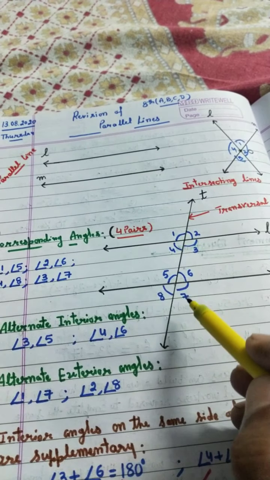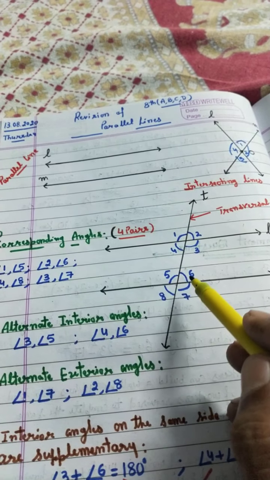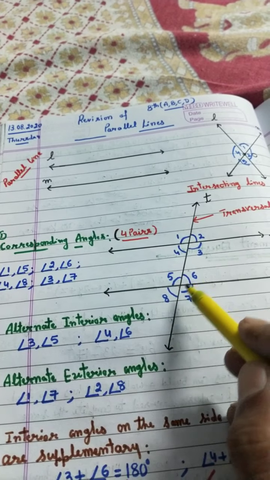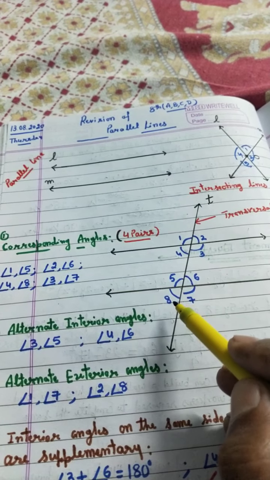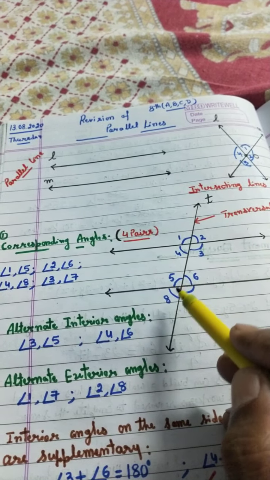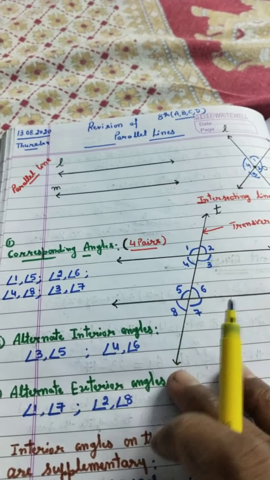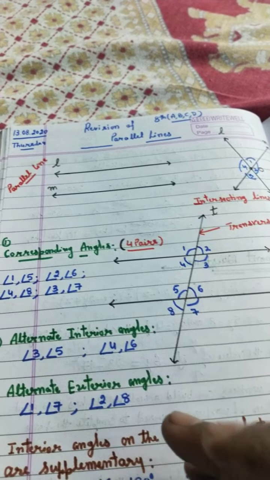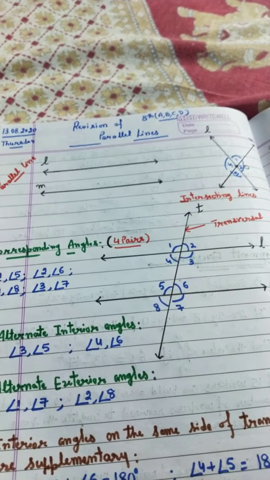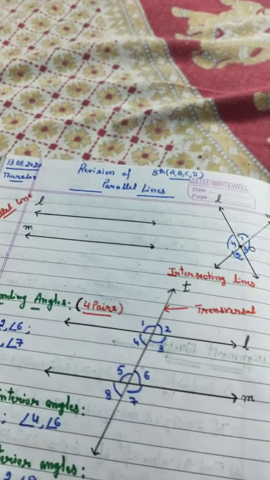If you take this line and this line, then they are called intersecting lines. Here angle 5 is equal to angle 7, vertically opposite angles. Angle 6 is equal to angle 8, again vertically opposite angles. Angle 5 plus angle 8 is equal to 180. They form a linear pair. So dear children, you can use these properties of transversals in the worksheet on parallel lines. You can solve this sum.